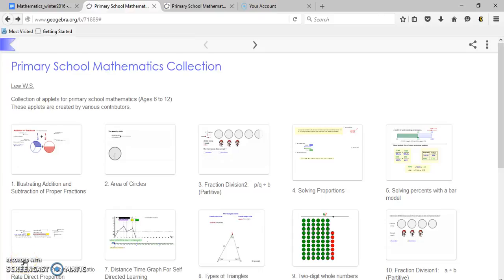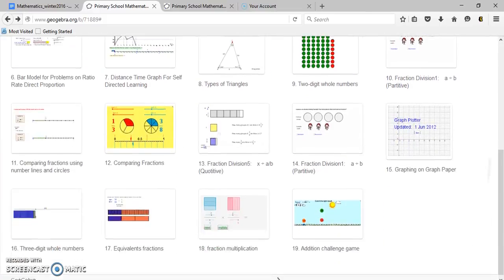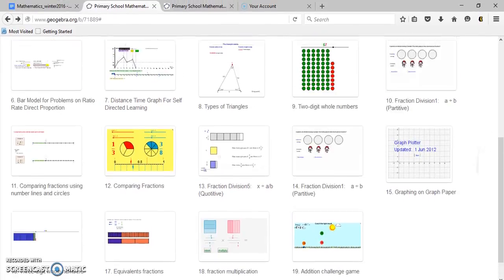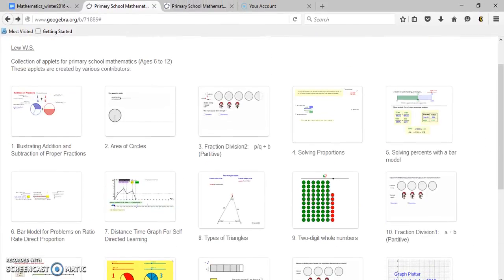Hello everyone. Today we're going to go over a tool that is available on the GeoGebra website. There's multiple tools you can choose from on the website, but today we're going to focus on a certain collection. We're working with the primary school mathematics collection, and there's a few different tools in this collection that you can use. The one that I'm going to go over today is the first one, illustrating addition and subtraction